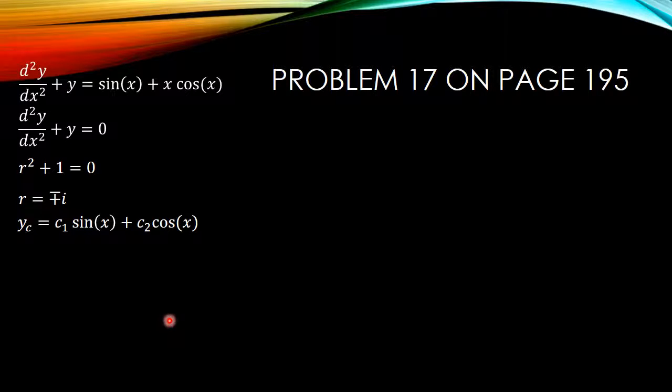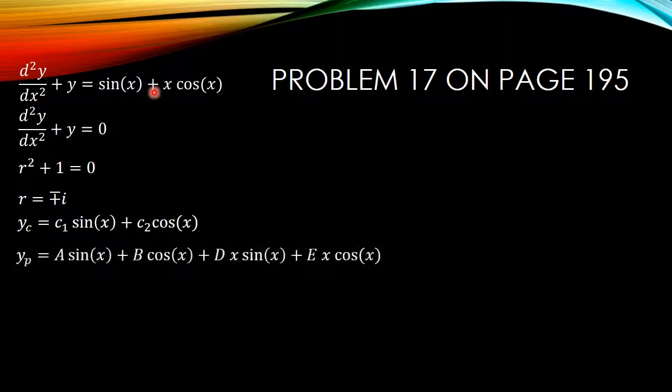If you look at f of x up here, it's got a sine term just by itself, and we got a cosine term times x. Now, the trick with sines and cosines: if a sine shows up, you have to include the cosine with it. You can't just do sine. So if the sine shows up by itself, you have to include cosine. If cosine shows up by itself, you have to include